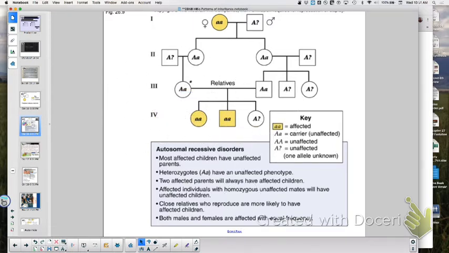Slate, could you please explain that one? Why 2 affected parents will always have affected children. Go ahead, Slate. So the unaffected is dominant, but if both parents are affected, that means they both have recessive. So no big N